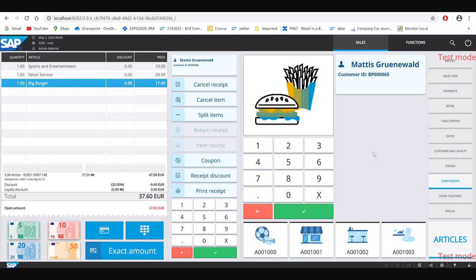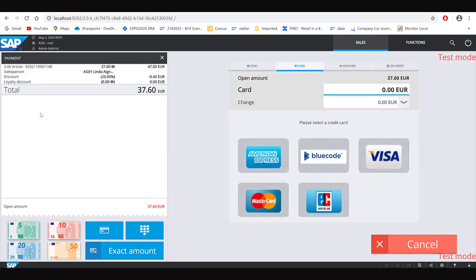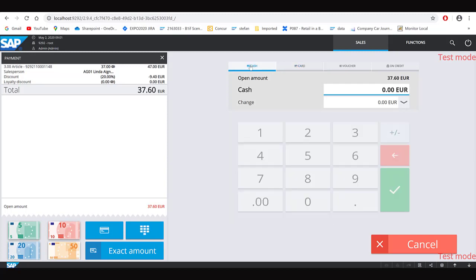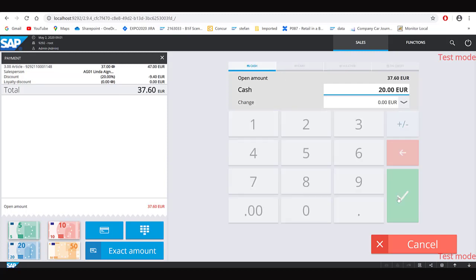The last thing that I want to show you in Customer Checkout is the payment handling. So now when you enter a payment, you can see on the left hand side that the sales grid is reused also for the payment area, and the payment area has now become big and much more clearly visible, so that it is easy for you to use it.